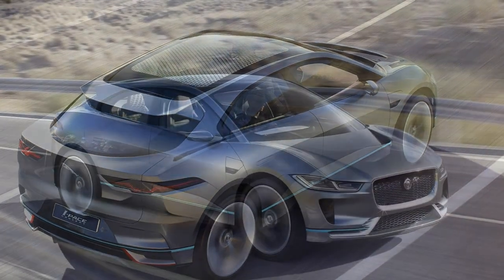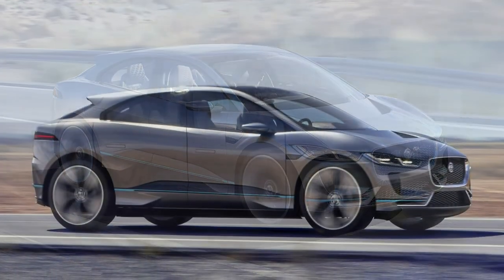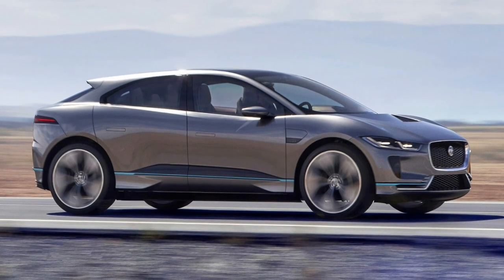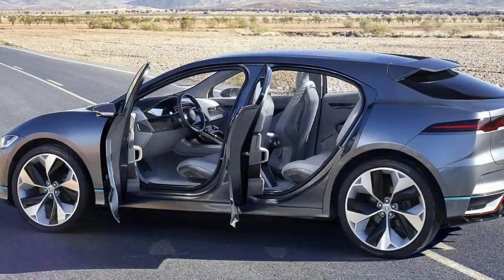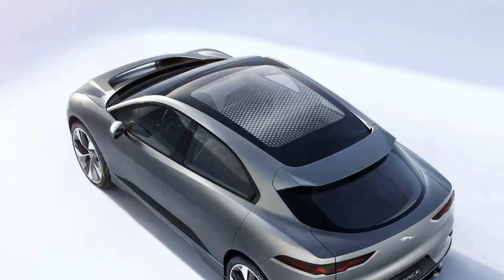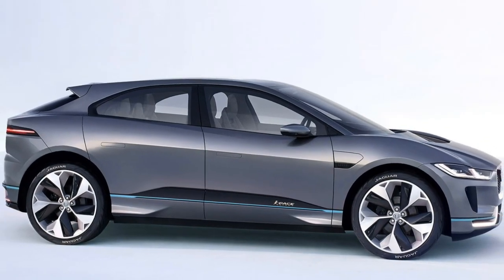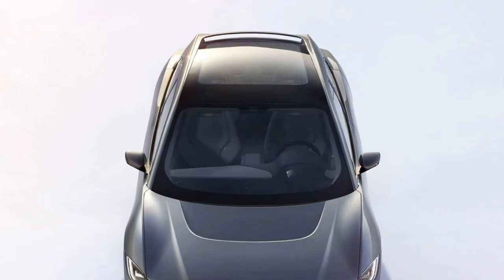The Peugeot Rifter range follows the rest of the French company's trim level structure, beginning from Active and moving up through Allure and GT Line. All trims can be obtained in standard and long body lengths. Standard Peugeot Rifter MPV equipment. The range kicks off with the Rifter Active, coming with